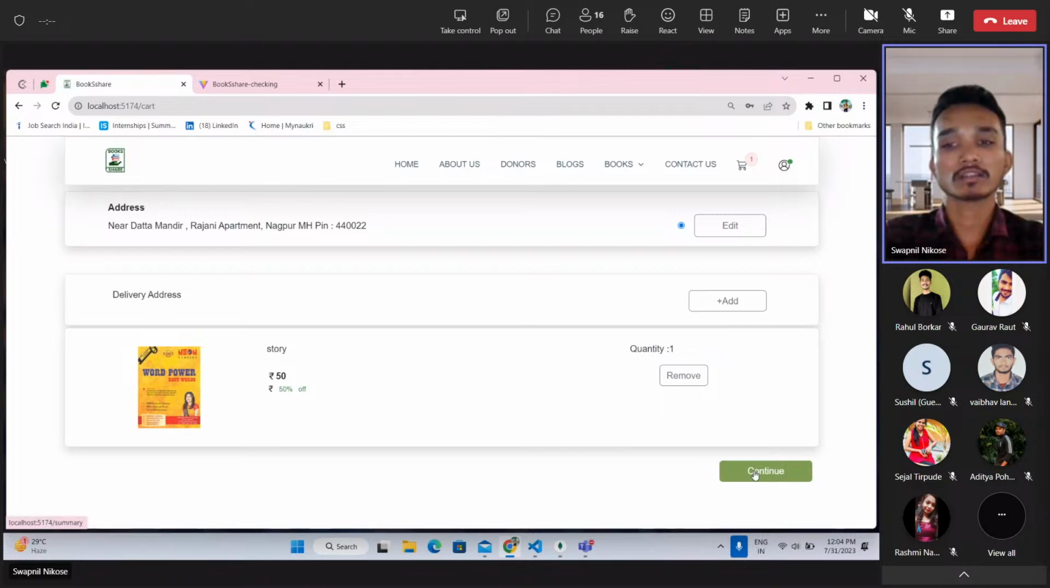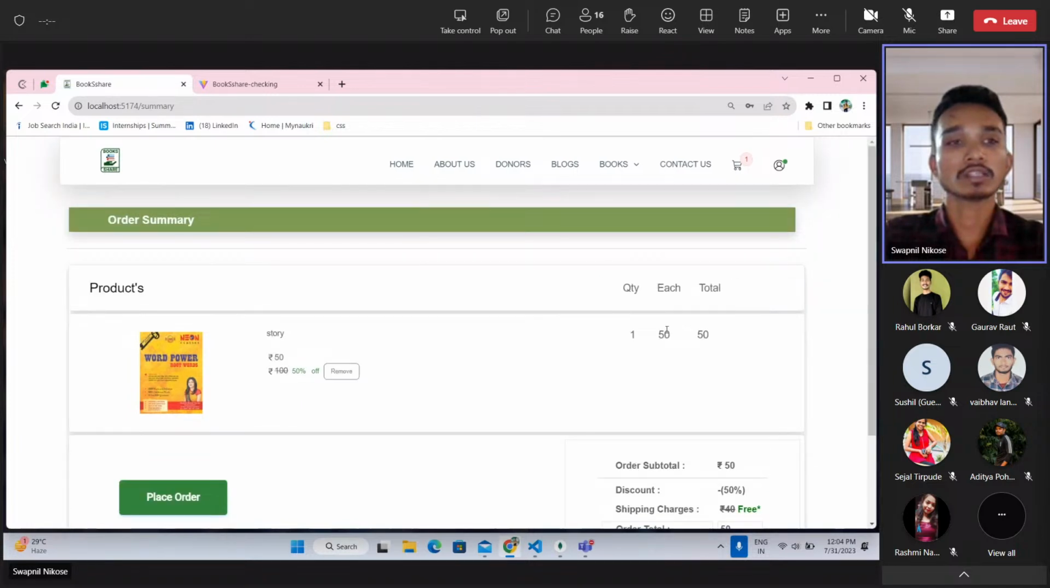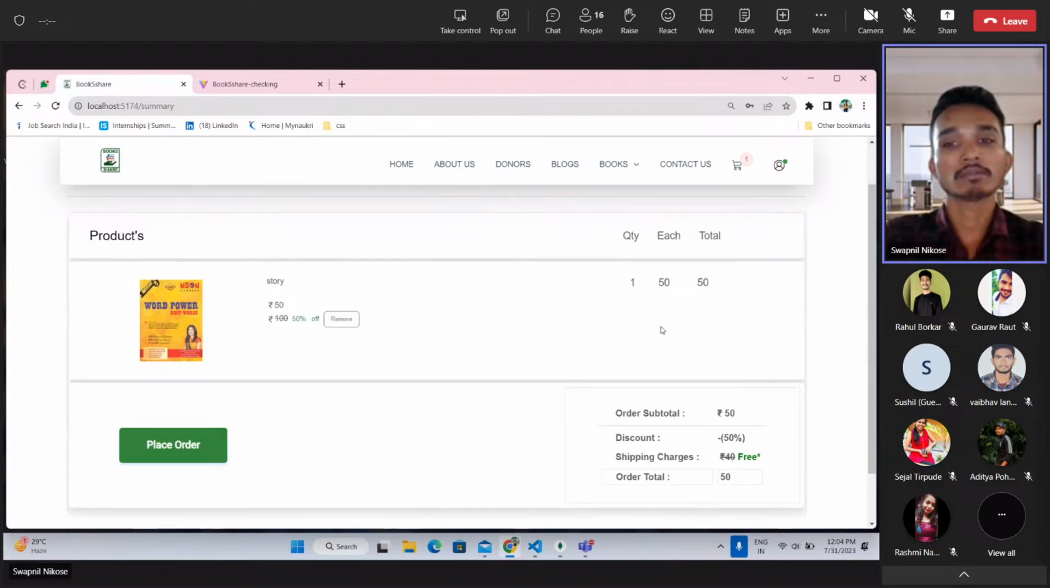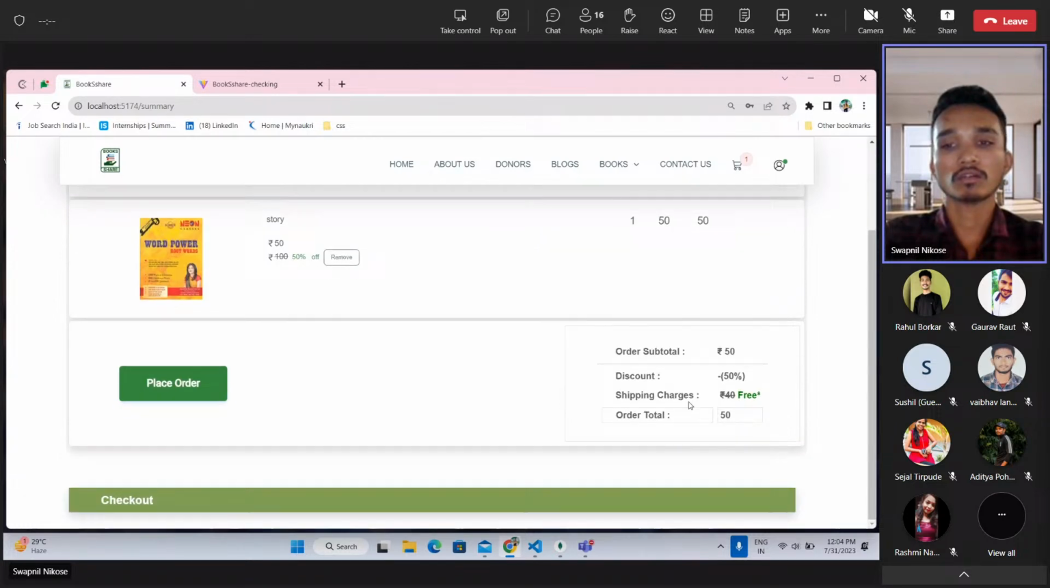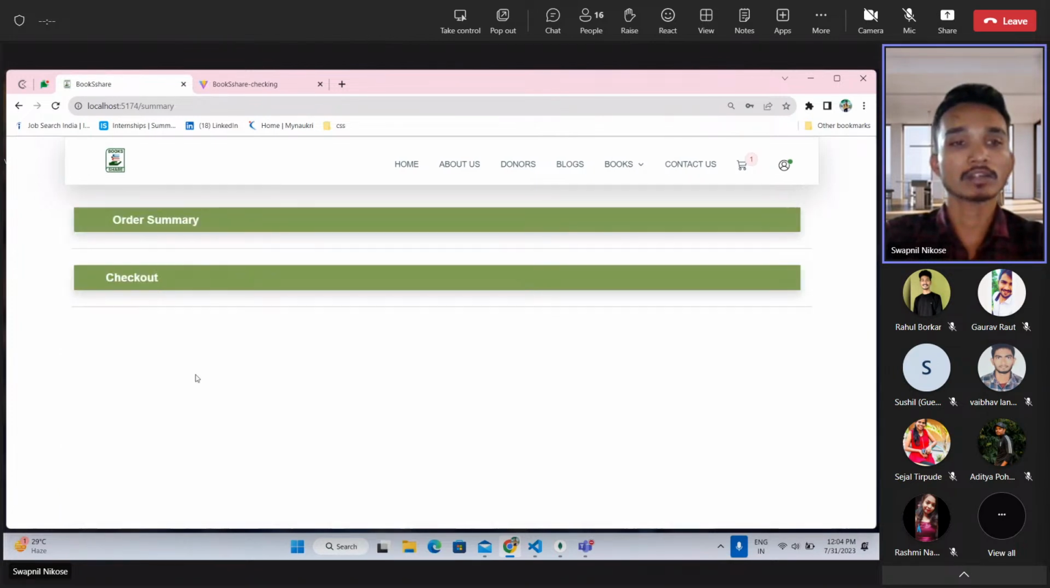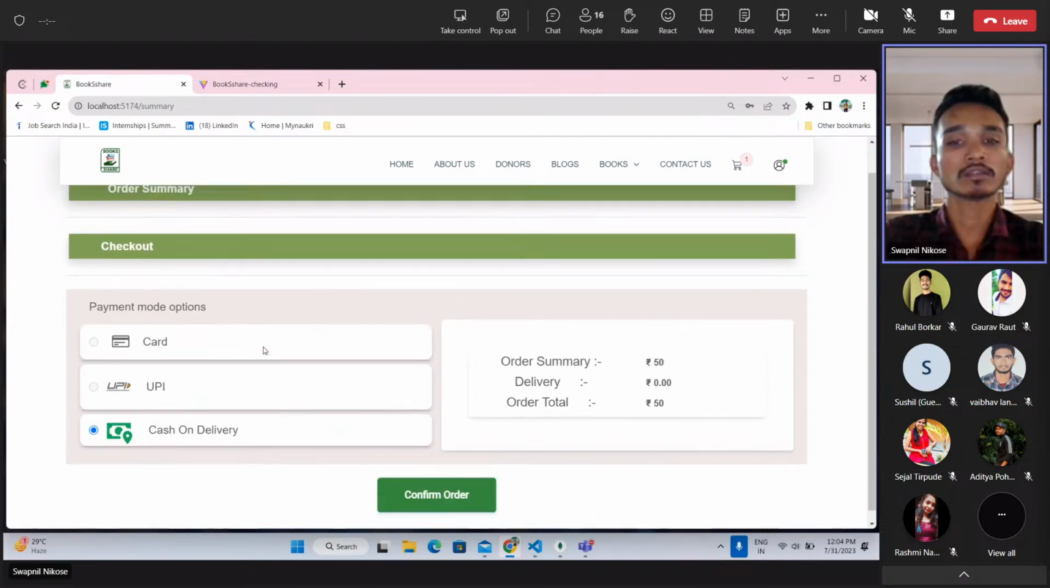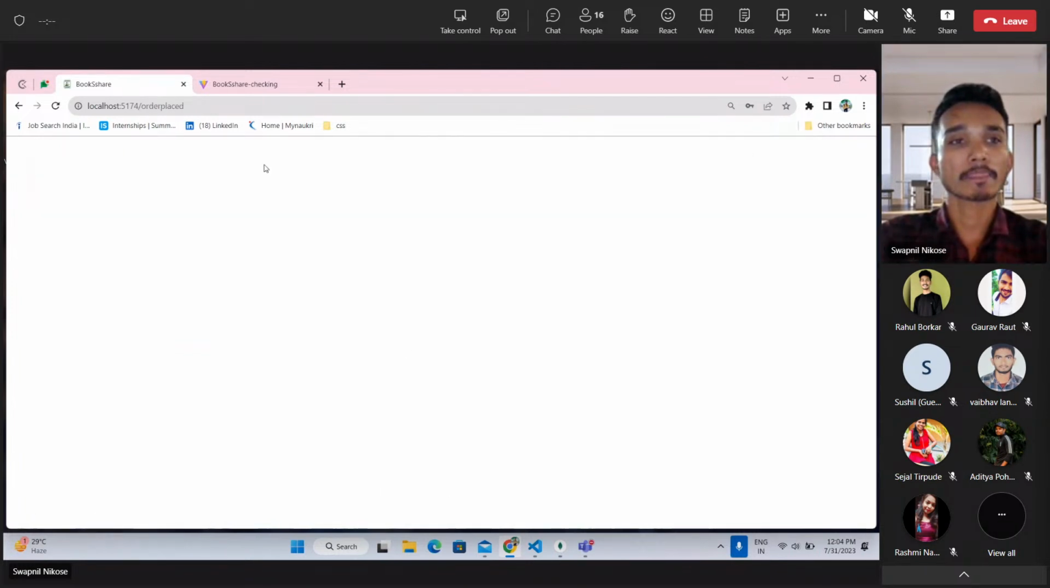And when we click the continue button, all the information about that product will be shown here. If the user clicks on the place order button, and after that we click on the checkout button, it will show all the payment process. We choose the default, that is cash on delivery. Also showing on the right hand side is all the product price. And when we click on the confirm order, it will be,